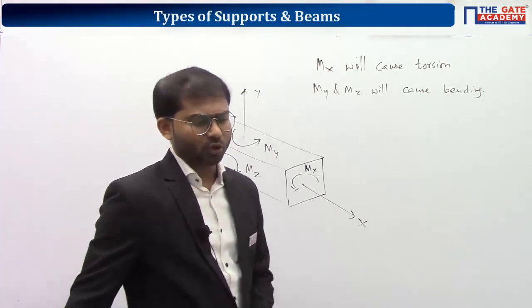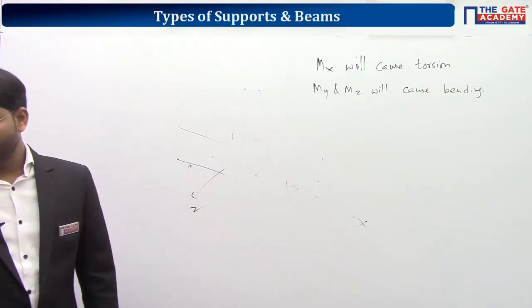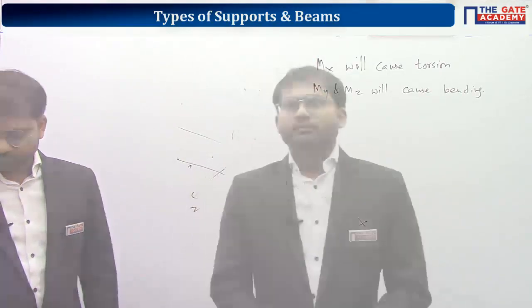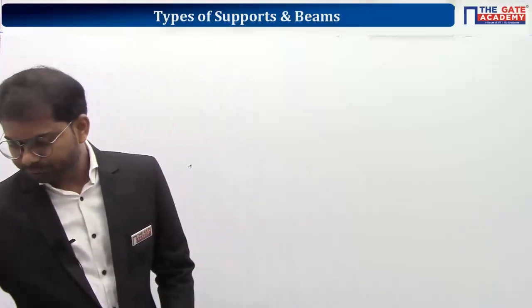Please write down a note point. Beam can be both horizontal and vertical. Write down, and you can write down examples also. So is it done, everyone? Beam can be both horizontal and vertical. Example of horizontal beam is airplane wing. Example of vertical beam is cell phone tower. Okay, good. Let's go ahead.